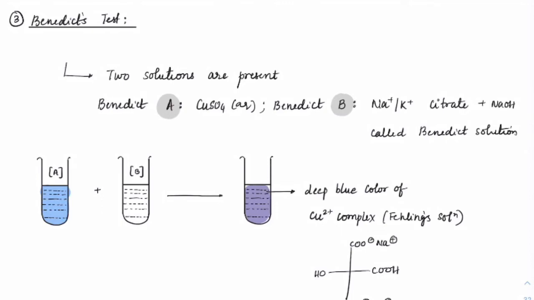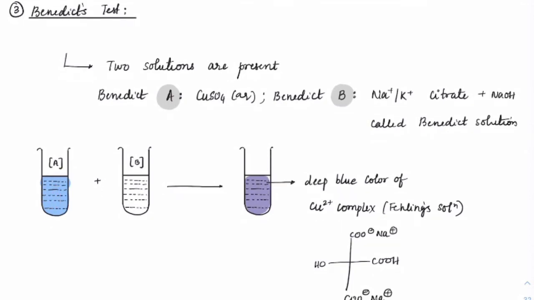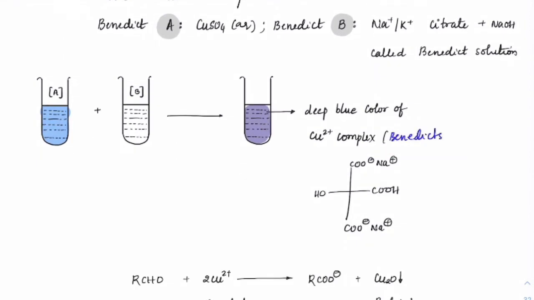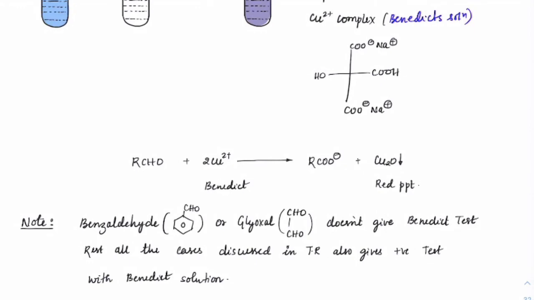Okay. So same thing, you can see copper sulfate added to this sodium potassium citrate, it would give you a deep blue color solution, and we'll get Benedict solution. This is the citric acid, if you remember, COOH, COOH, and on this carbon also there is COOH with OH group, that is called citric acid. And this complex, when you treat that with RCHO, it will also form RCO minus and Cu2O. So here also you can see it is 1:2 ratio. For every 1 mole of aldehyde, 2 moles of copper 2 plus will get reduced.